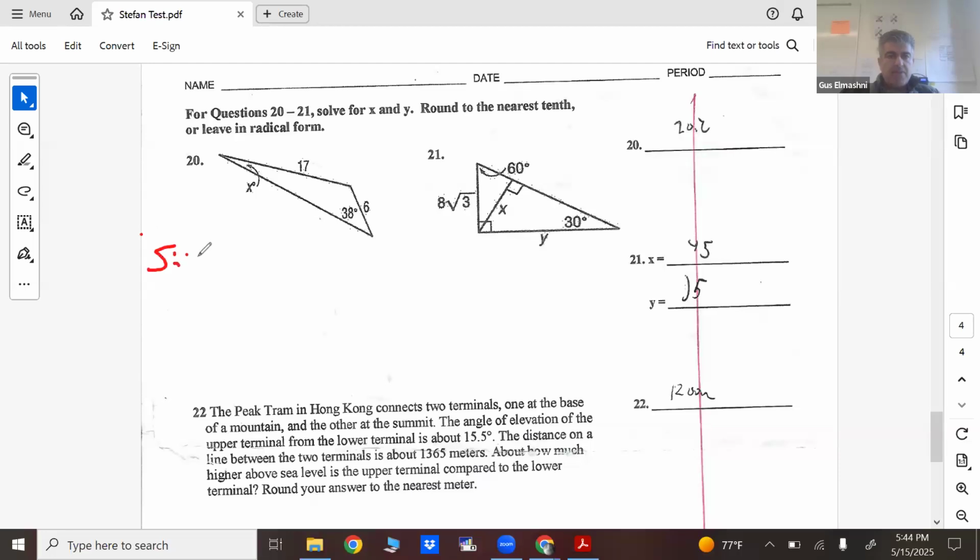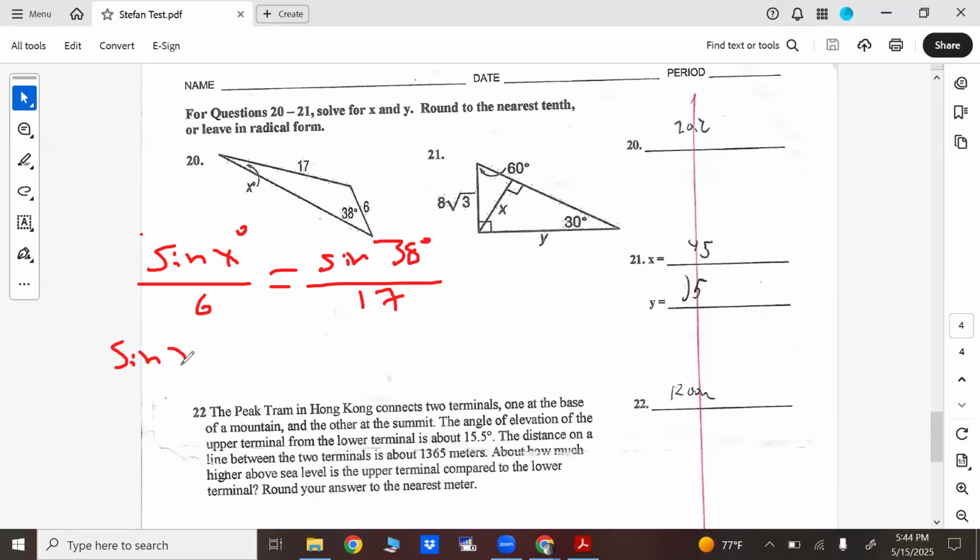Again, same thing here. So you say sine of x degrees over 6 equals sine 38 degrees. This is what we call side-side-angle. So there's something called the ambiguous case. We'll see if this applies. Maybe I don't need to really talk about it. That means that there could be two possibilities, but